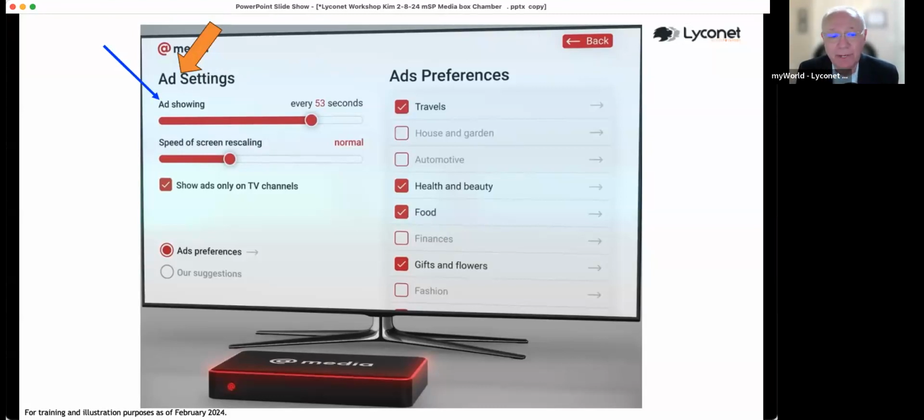We can decide, as was indicated, how long or how often we'd like to see advertisements. You choose the length of time in between. We can also show ads only on certain TV channels or choose what types of media we see the ads on. And then the part that I really like is the preferences. It's kind of like you saying, right now I'm thinking about some health and beauty, something that I've been wondering about if I could find it or get a good price on it